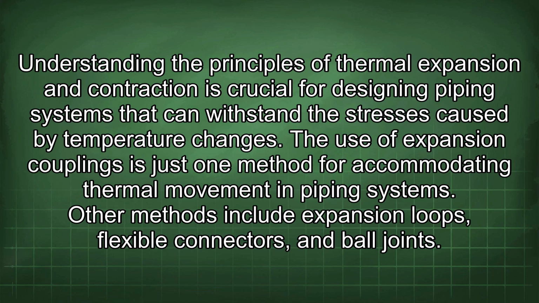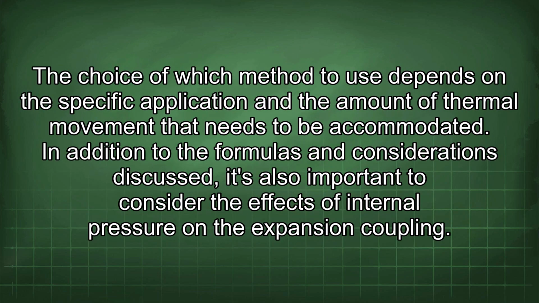The use of expansion couplings is just one method for accommodating thermal movement in piping systems. Other methods include expansion loops, flexible connectors, and ball joints. The choice of which method to use depends on the specific application and the amount of thermal movement that needs